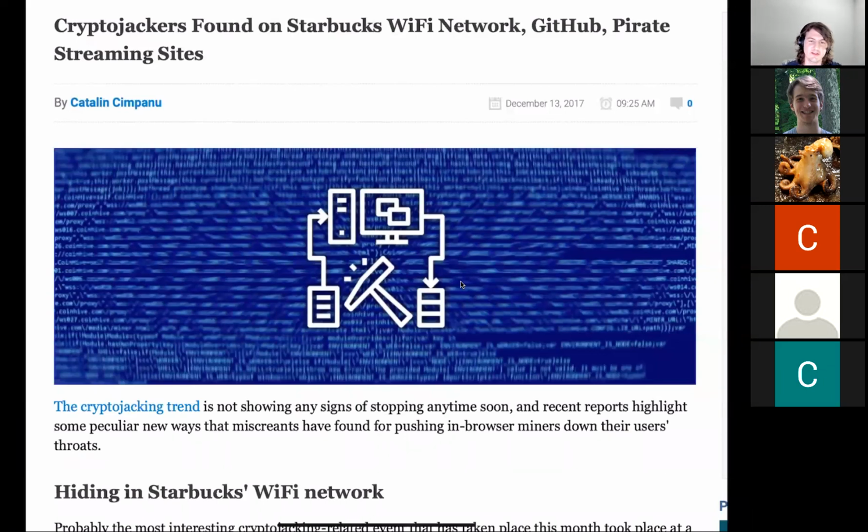The interesting thing that came out of this is that Starbucks has many different corporate entities, and the foreign ones are different from the US ones. So this wasn't a problem at any US locations, but there were all kinds of crazy cases where people would use cryptocurrency miners inside your browser to force your browser to mine cryptocurrency. So let's think about this. What about this makes this malicious or cybercrime?